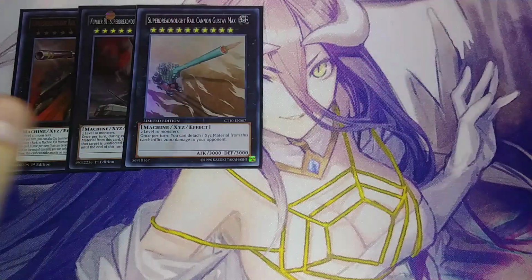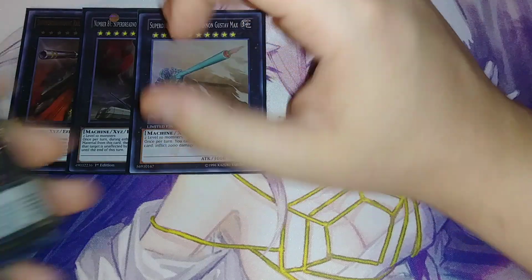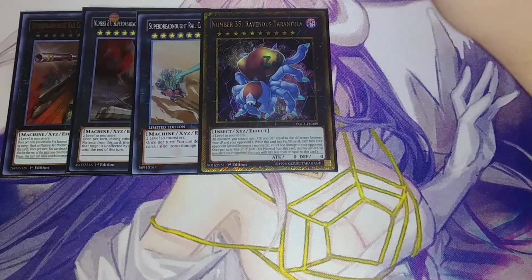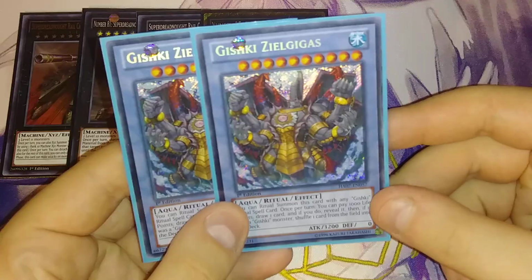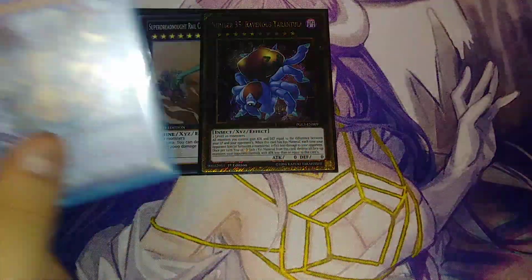Basically, it's kind of like Cowboy for game in this deck because you can go into this card during main phase 2. We play a single copy of number 35, Ravenous Tarantula. This card is crazy because if you're going to be paying a lot of life points and you can pay all the way down to 1,000 life points with your Zelgigos and just keep drawing, because it is once per turn, but if you do draw multiple times off this card by having 3 of them and pay 3,000, then